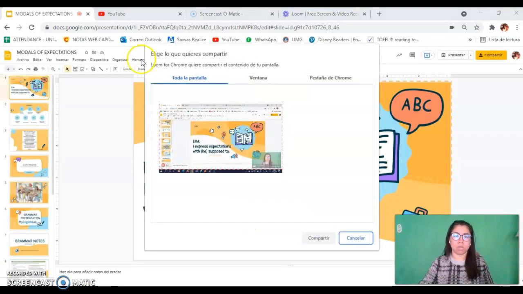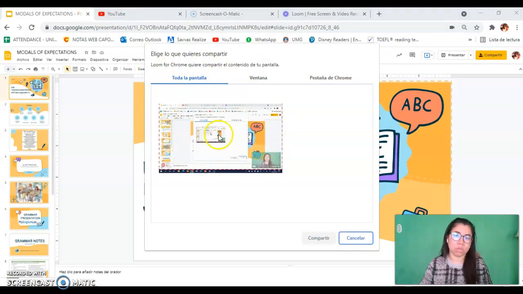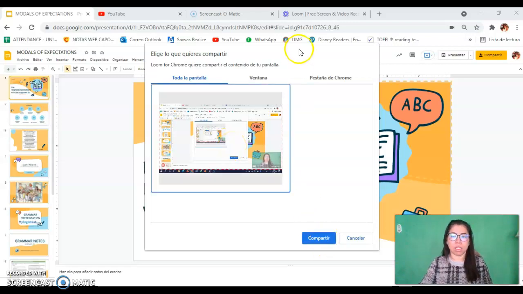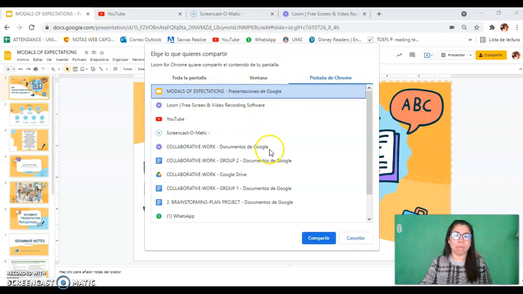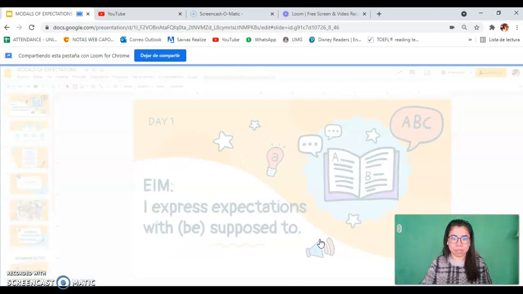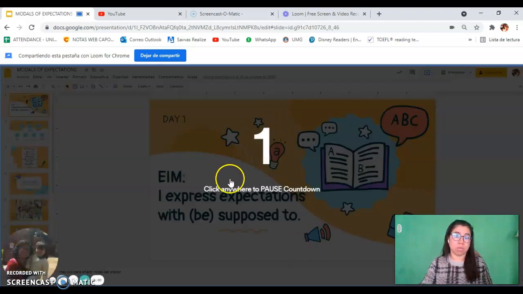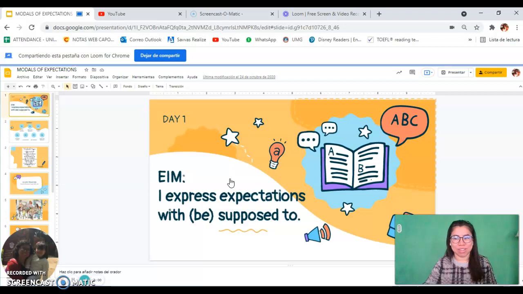So when you start recording, it's going to show you three options: your whole screen, a window, or a window from Chrome. In this case, I recommend the whole screen, like I said before. Why? Because, I'm sorry, no, pestaña de Chrome, because it says that you have everything of this open. So make sure that that's the one that you're going to show. You wait for a couple of seconds, 3 seconds, and it's going to tell you when it's going to start